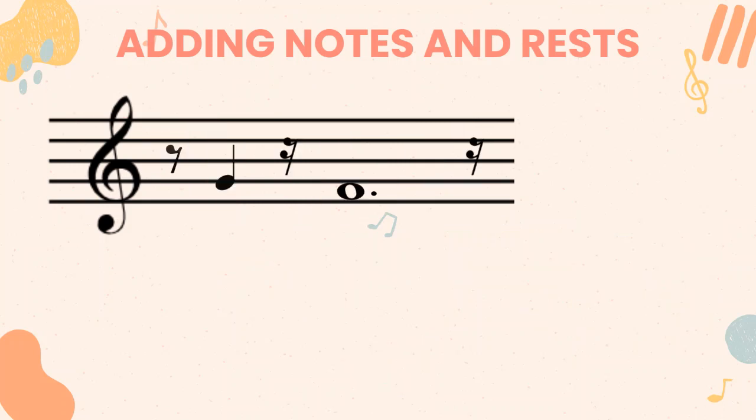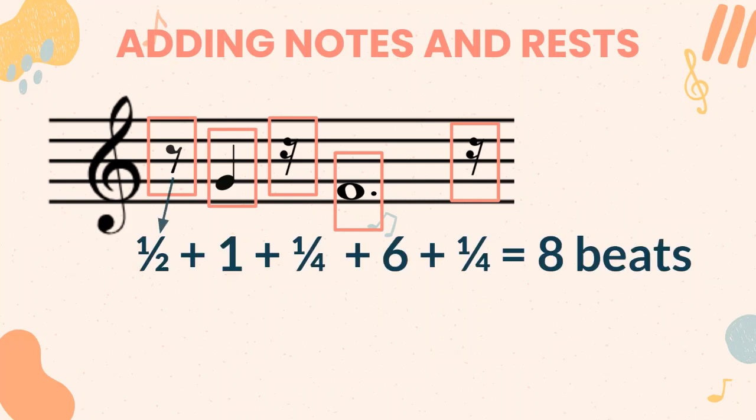For our next example, the musical staff has an eighth rest, a quarter note, a 16th rest, a dotted whole note, and another 16th rest. The value of an eighth rest is 1/2, the value of a quarter note is 1, the value of a 16th rest is 1/4, the value of a dotted whole note is 6, and again, the value of a 16th